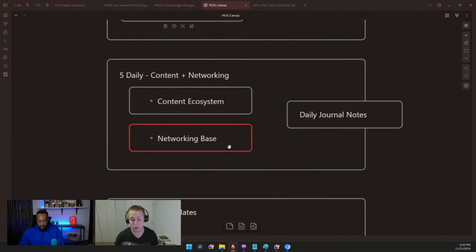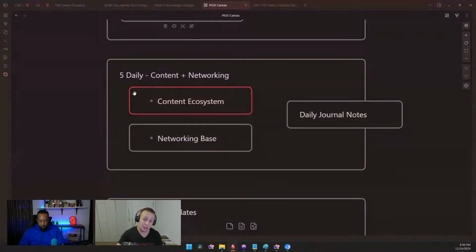And this is what also separates my system from other tools too. So people don't really talk about networking when it comes to knowledge management. I think having your own personal CRM or Rolodex is very important. So you can keep track of people's information like birthdays and stuff like that. And then you just want to make sure you keep people's privacy important. That's something to mention.